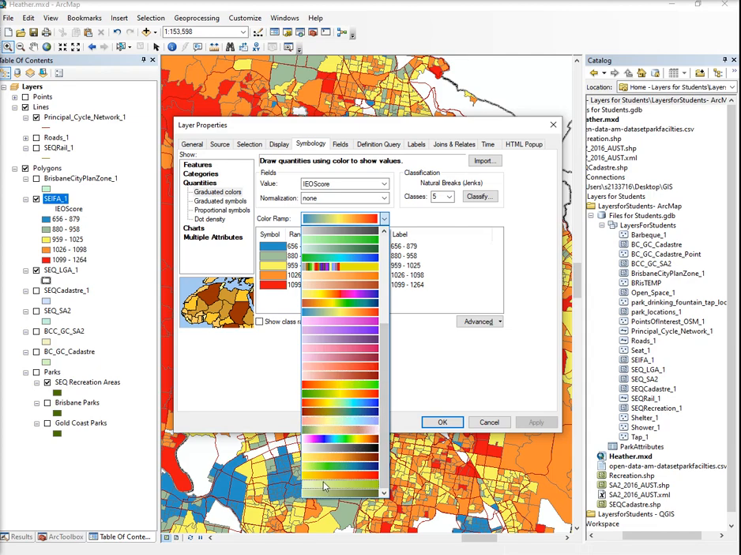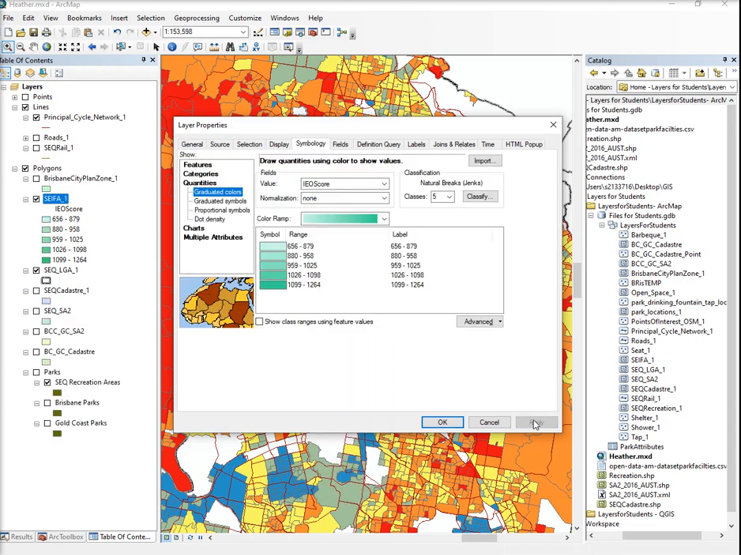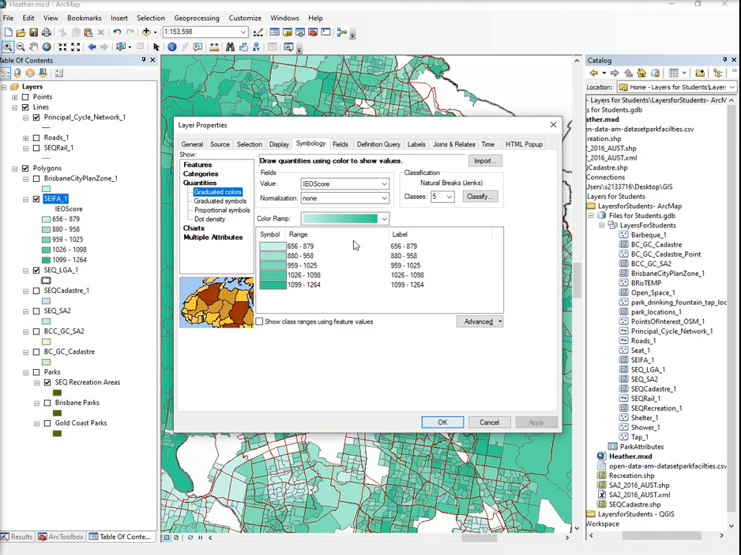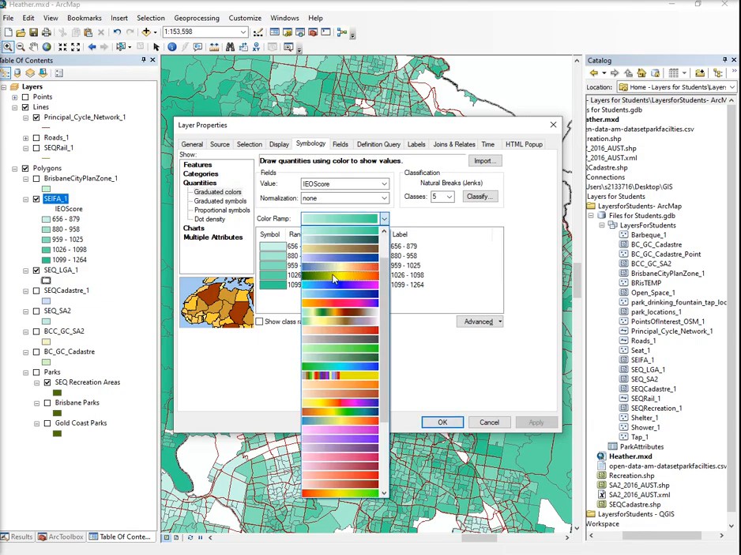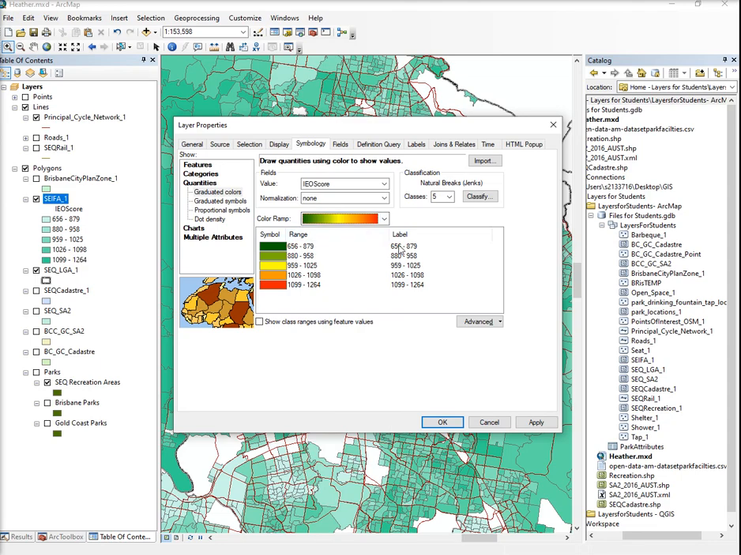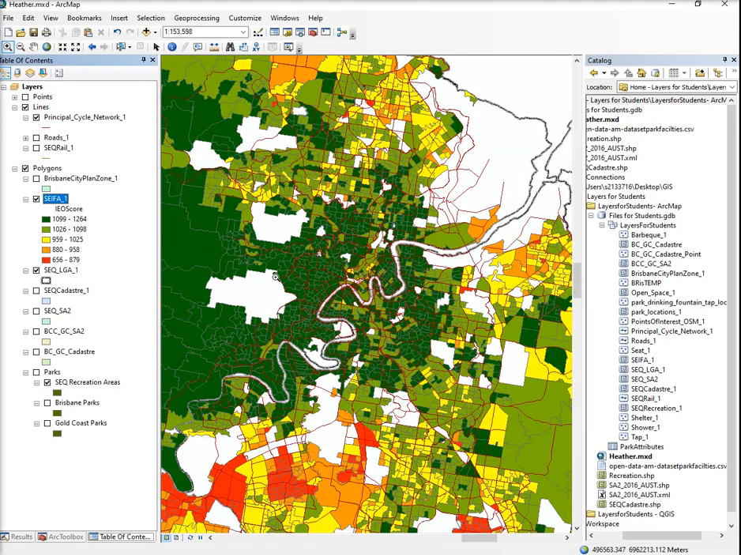We can do it in shades of gray or shades of green. There's quite a lot in here. Let's do it in that color. There we go. Apply. And then if we go, okay, well, it doesn't really say very much. You see, you can play around with this quite a lot. You can also reverse it. Reverse sorting. There we go. Apply. Okay, so the areas in Brisbane there that have higher